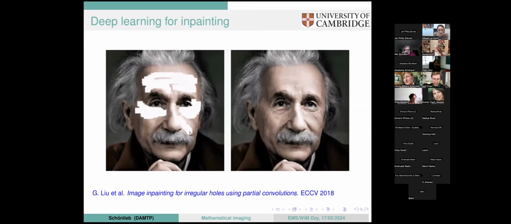And if this doesn't generalize to CT images, actually, I don't care because I just train a new neural network model. If I don't completely understand how this solution has been produced, I don't care. This is just inpainting. This is just, you know, playing around with this Einstein photograph. But where people care about both explaining how you get to a solution, and the kind of properties the solution has,